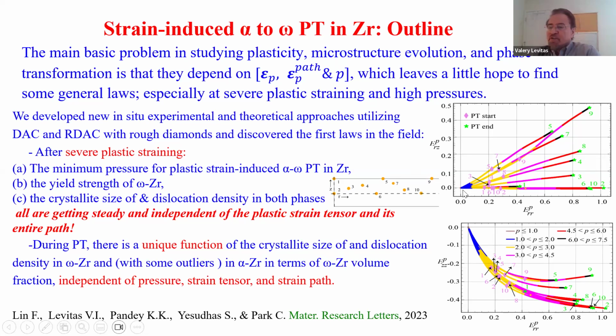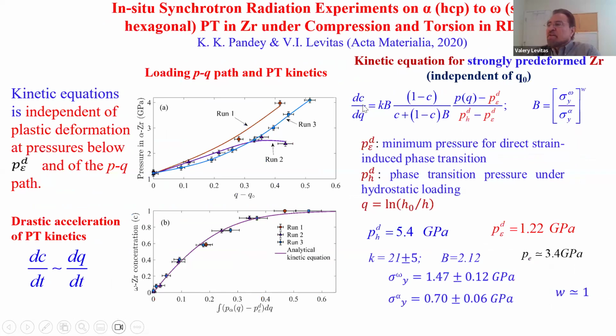So actually, we use this strong heterogeneity and complex loading paths, a variety of loading paths, to get new rules for all these processes. So we study the alpha to omega phase transformation in strongly predeformed zirconium. Strongly predeformed means that